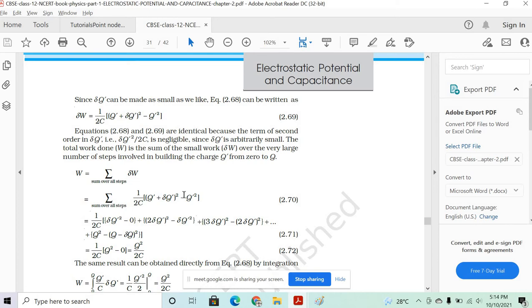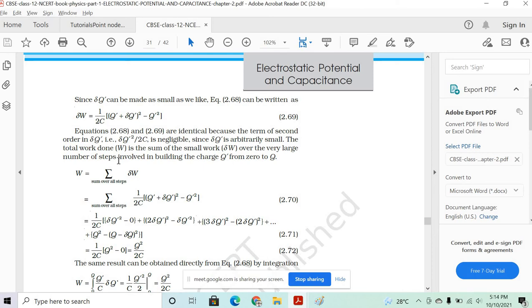Clear? Any questions, any doubts? Understood, sir. So we put it in this form, because this is a small amount of work done, Navya. Now like this, we have to do the work for the full amount of the charge. Like this we have to increase the charge. Delta q was a very infinitesimally small charge. Now we'll increase to 2 delta q, then to 3 delta q, then to 4 delta q, and so on till it becomes the entire q.